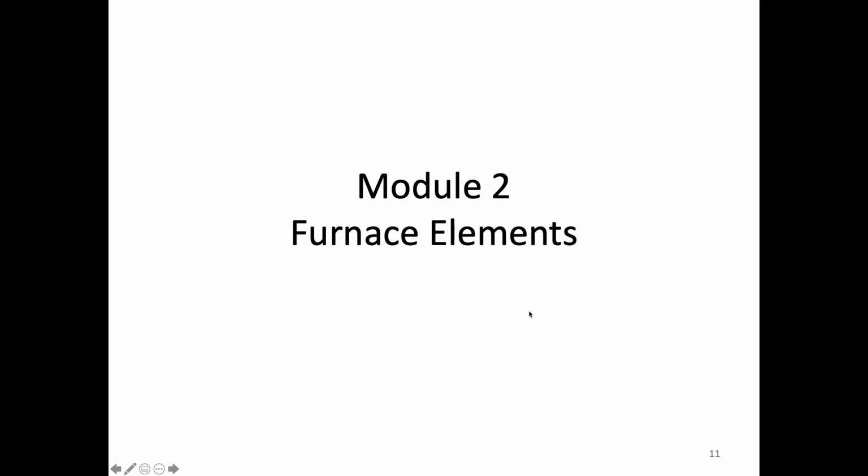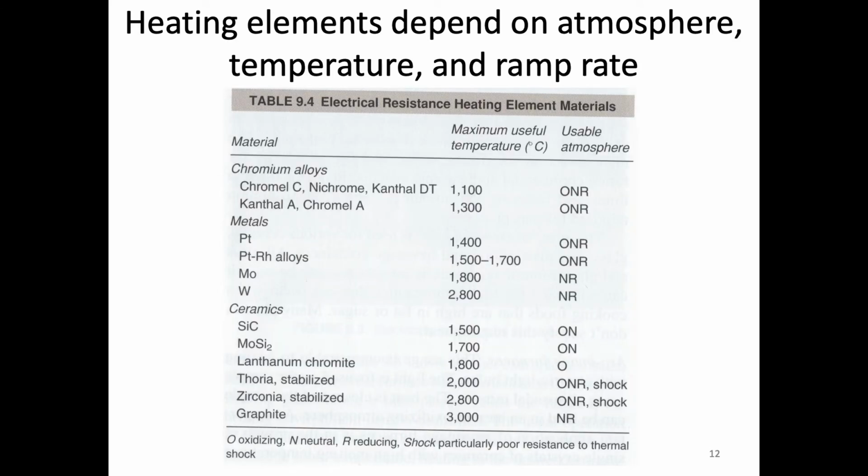All right. So now let's talk a little bit more about furnace heating elements that can be used. Now we're talking exclusively about the electronic resistive heated furnaces, and I just wanted to go through some of those common heating elements that we might see. All right, so this is a table from a different textbook that talks about some of the different materials that